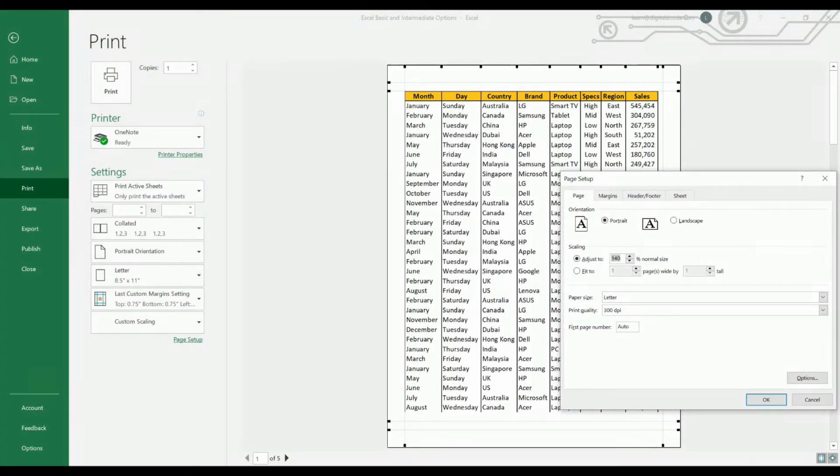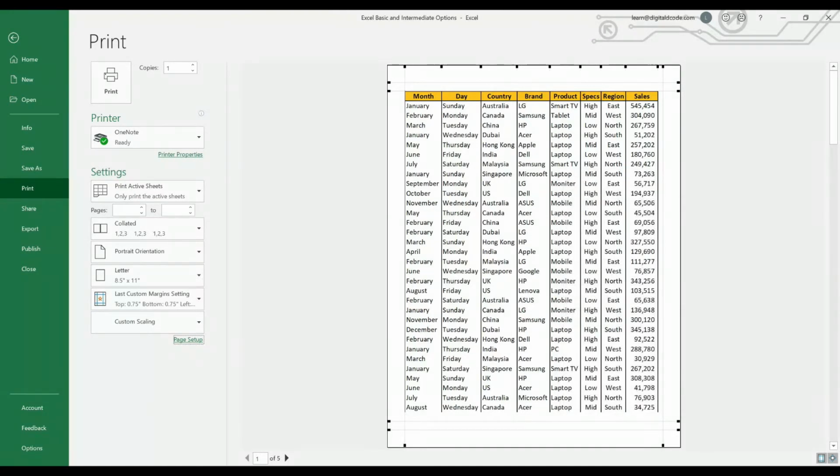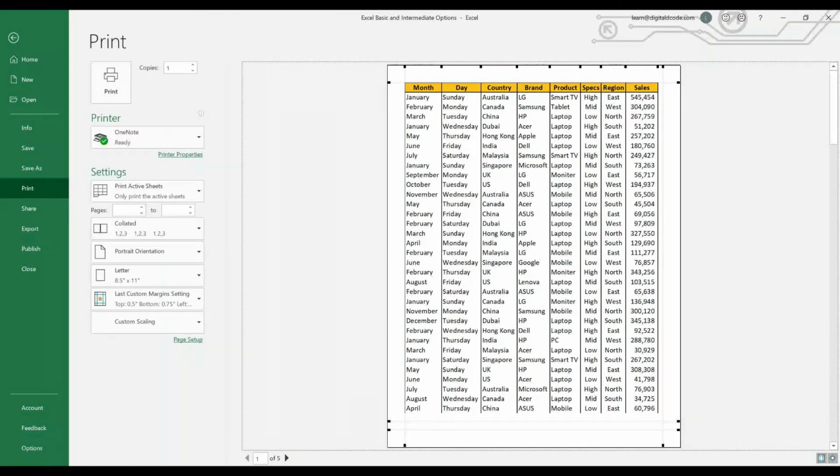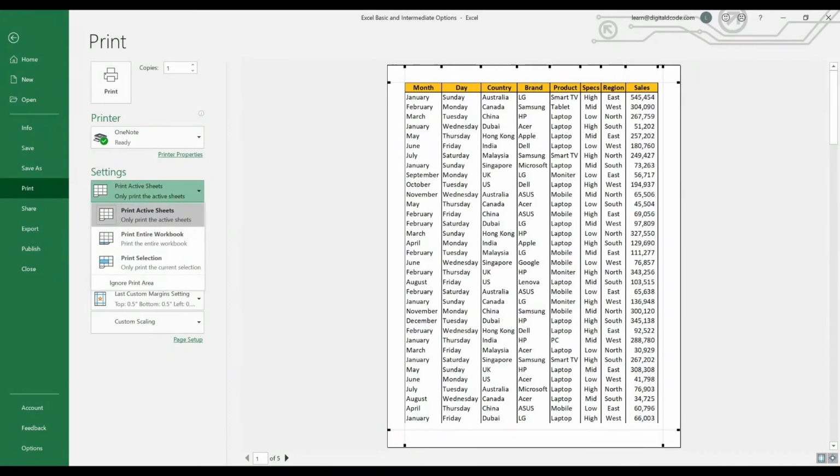In case you want to take the printout in portrait or landscape, that also you can choose here. Portrait is in case you have data in a vertical format. In case you have data in the landscape format, you can use landscape. Also you can adjust the margin for even top and the bottom. And also here we have a few options, and the first option is, in case you want to